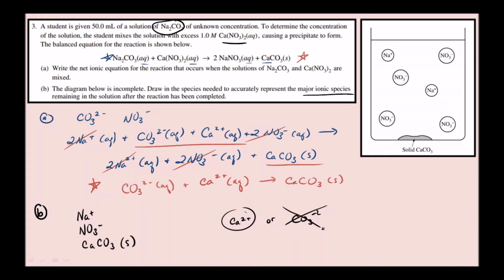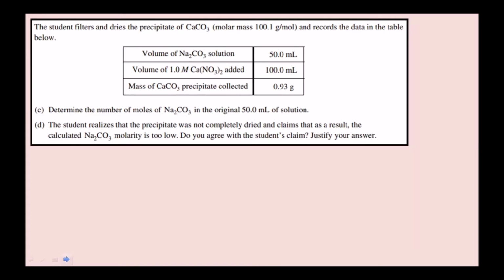All the carbonate should be in calcium carbonate precipitate, so we'll add a Ca2+ ion to the solution. The student filters and dries the precipitate of calcium carbonate, molar mass 100.1 grams per mole, and records the data in the table below. Part C, determine the number of moles of sodium carbonate in the original 50 milliliters of